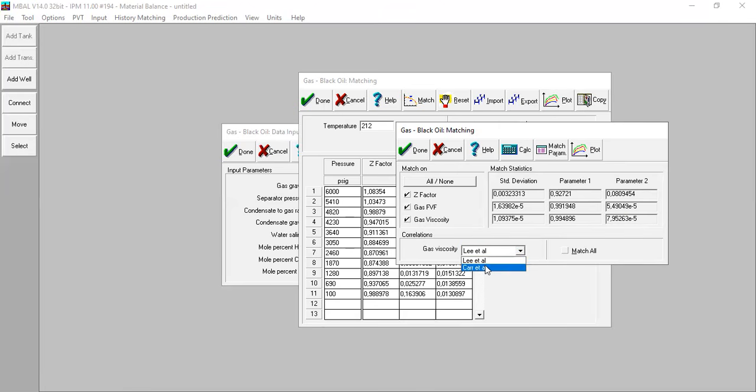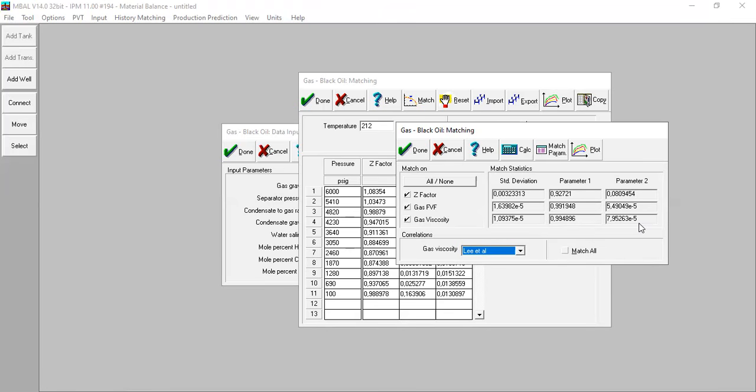What about Carr et al.? It is small, but it is bigger than Lee et al. So again, Lee et al. is better compared to Carr et al. from standard deviation, parameter 1, and parameter 2. So we will select Lee et al. to simulate our PVT, the best correlation.